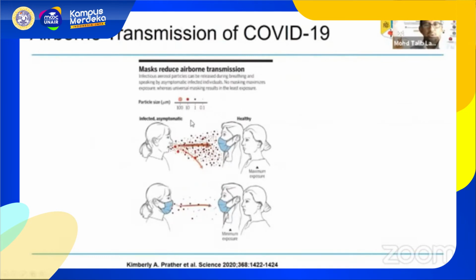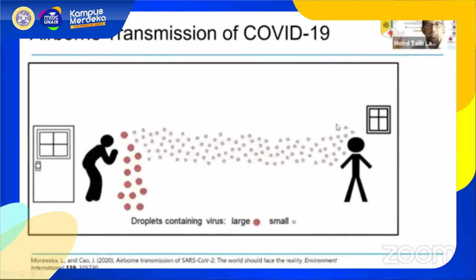That's why we need to use a mask. I think when I first gave this lecture, I mentioned that the mask is very, very important to eliminate COVID-19 infections, because COVID-19 can be spread by airborne aerosol. And the big droplet easily goes down because of gravity. The small one can actually go from one person to another and can stay longer within an area that has a